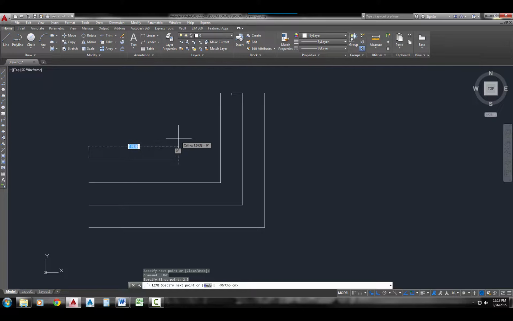So I'm just going to pull it over. This is direct entry, so I'm just going to pull it over and type the distance that I want to go. So I'll just type in a distance of 5, pull it up, type in a distance of 3, and I'm done drawing. And I've just drawn a line using